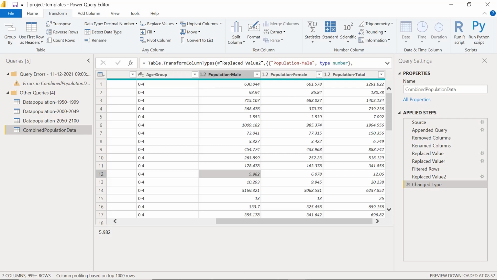In this video, we will see about pivoting and unpivoting of the columns. This is a very powerful feature which is available in the query editor of the Power BI desktop application. Before we understand what pivoting and unpivoting is and how to use it, let's try to understand with an example.